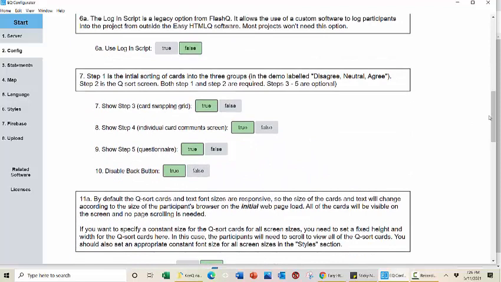Right? Next up. Right, we're ready to think about, there's a typo, the initial sorting of the cards into our 3 piles, typically, right, set up as something like disagree, neutral, and agree. And so whether or not we want to show step 3, the card swapping grid, show step 4, individual card comment screen, show step 5, questionnaire, which we're going to touch on, and right, we're going to disable the back button. So once they get to a certain point, there's not a reason really for them to go backwards, especially once they've